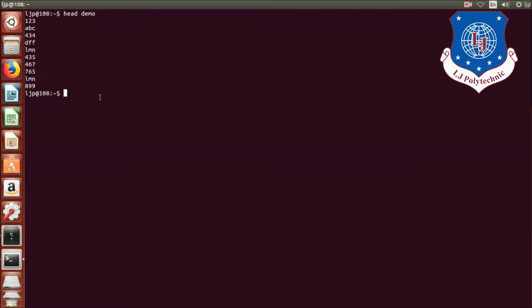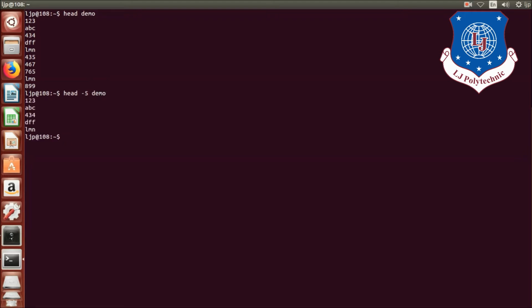Now in this command, if I want to display some specific number of lines, then I will use n option with head command, where n stands for number of lines to be displayed. I will write down head hyphen 5 space file name.